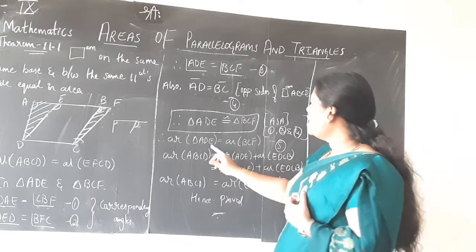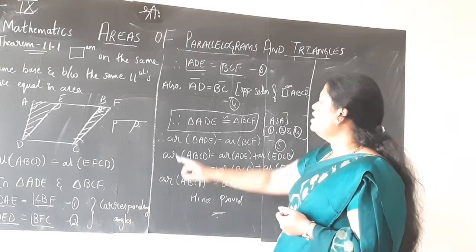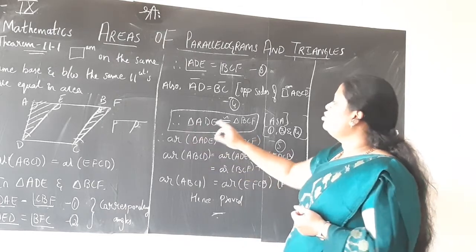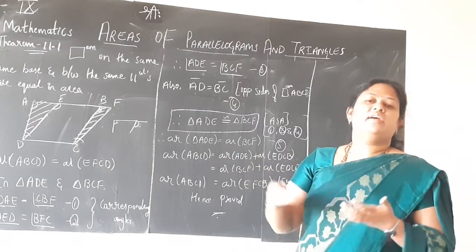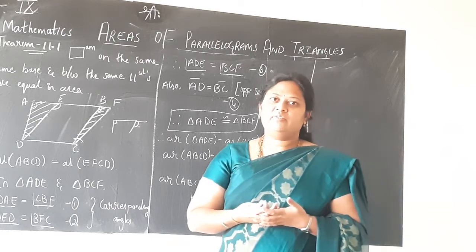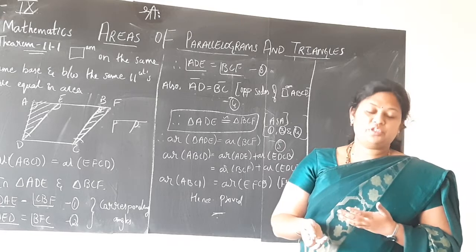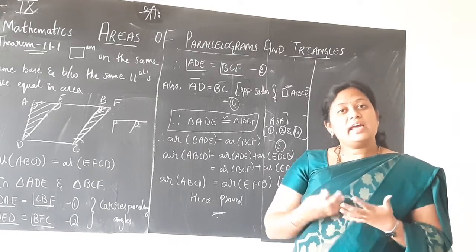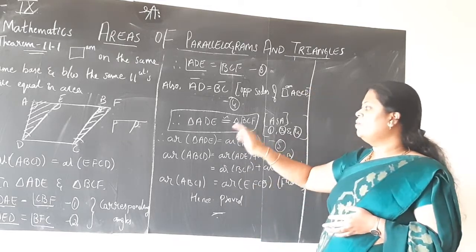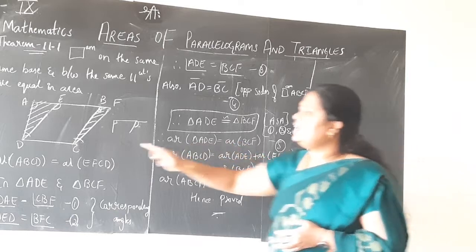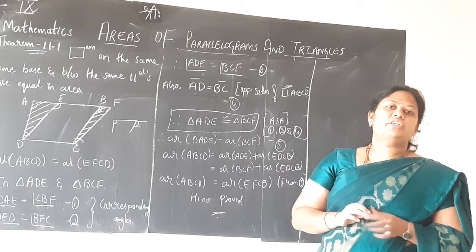So with that, in another three steps, you will prove the theorem. How? When we say those two triangles are congruent, obviously their areas are equal. That is the definition we started the lesson with. Not only if two figures are of the same size or same shape, but if they are of equal areas, we say they are congruent to each other. So once we prove congruent, we can write area of triangle ADE is equal to area of triangle BCF. I am calling it equation 5.